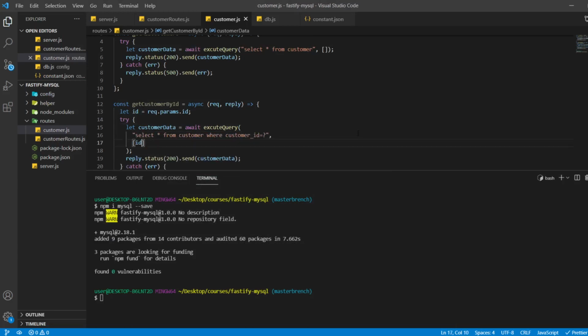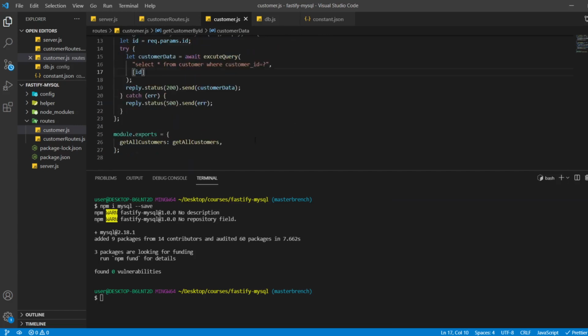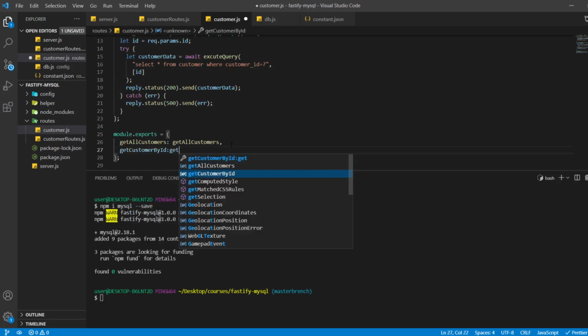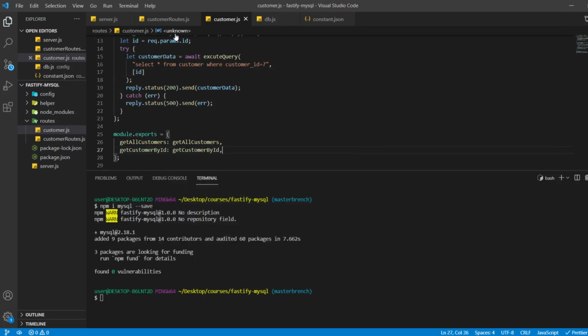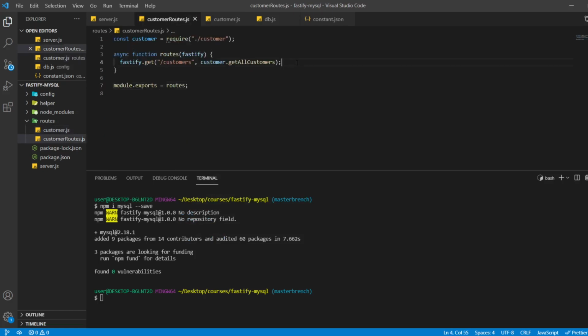Okay, and then after passing the ID, we have to export this function getCustomerById. Okay, and then we have to grab that function here, fastify.get, and this will be customer, then id, in customer.getCustomerById.